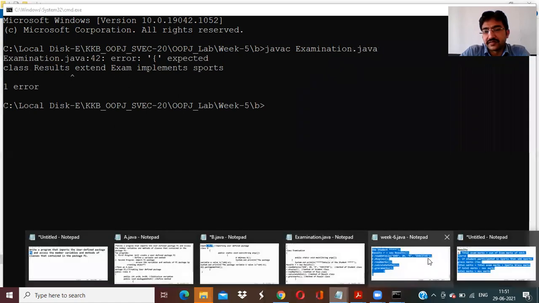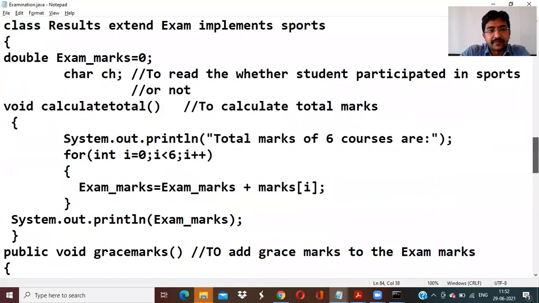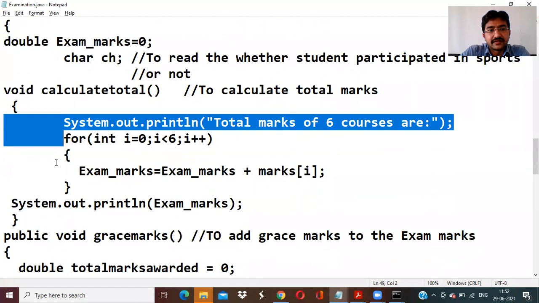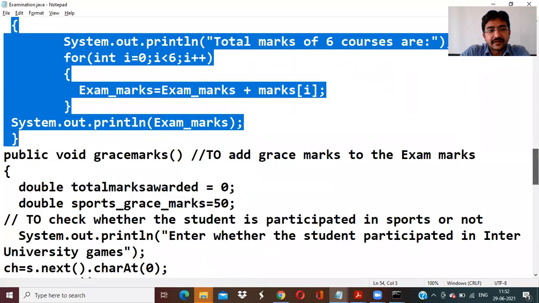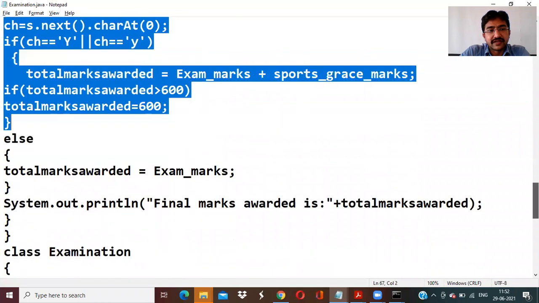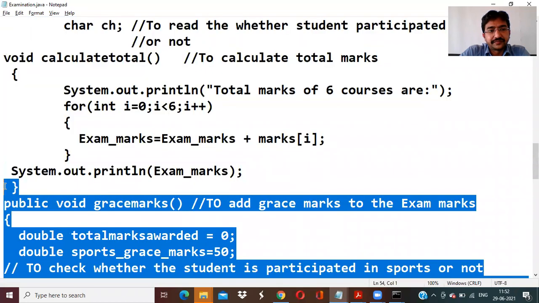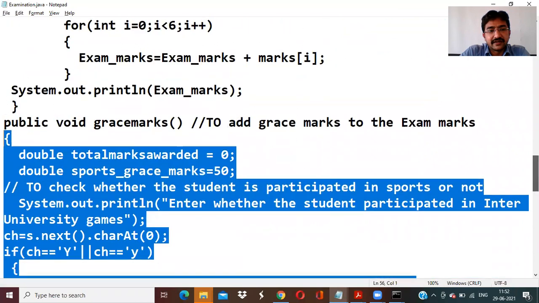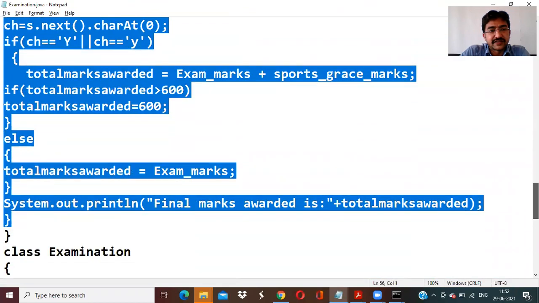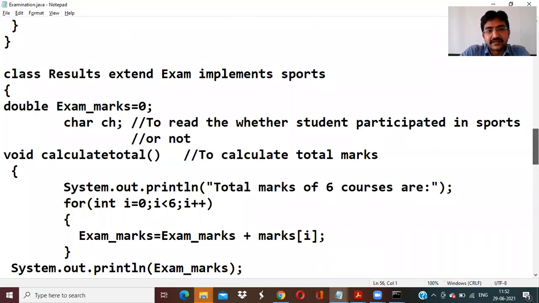Something is missing here. Where is the program? Here. So what they are saying in the result, some open braces is missing. So it is started here. This is for loop and this is a method, and this is a grace. It is started, and if it is closed there and else closed there, and this is ended by which method? Okay, so grace method is ended. If open, else close, method close, class. Okay, done. And what is missing here?